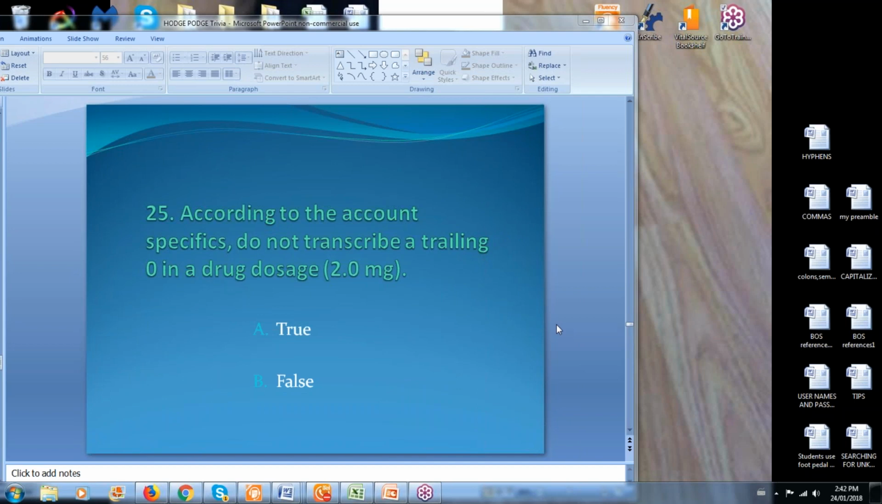25. According to the account specifics, do not transcribe a trailing zero in a drug dosage. Like, for example, 2.0 milligrams. A, true, B, false. According to the account specifics, do not transcribe a trailing zero in a drug dosage. True or false? The answer for that is